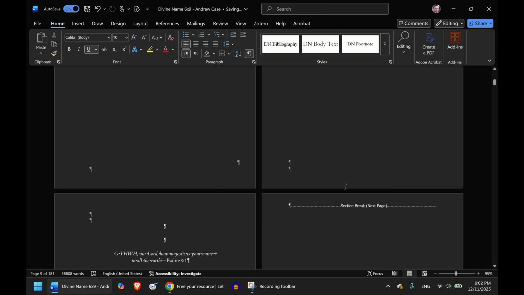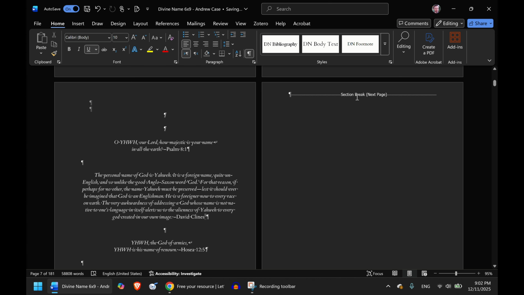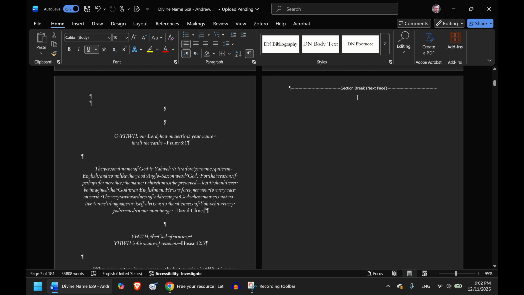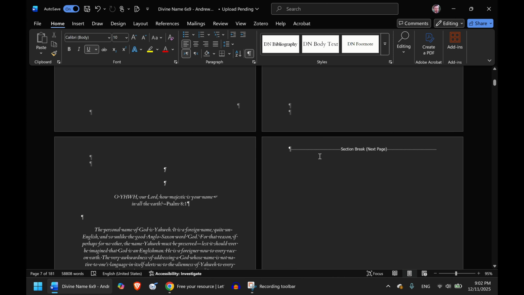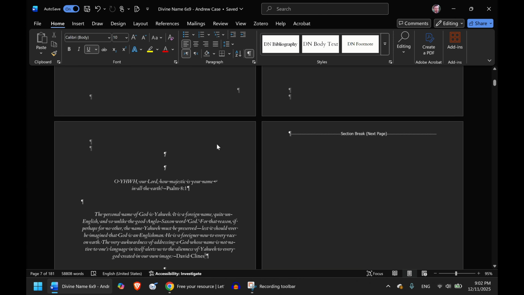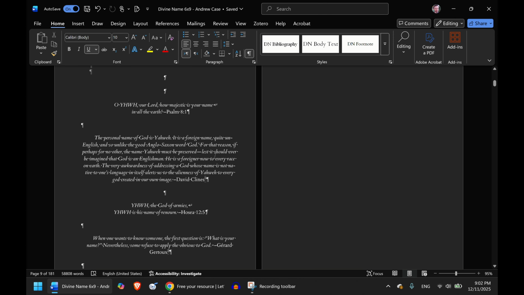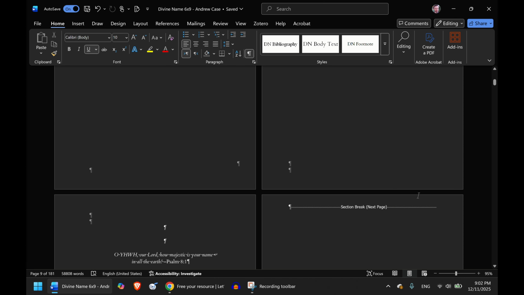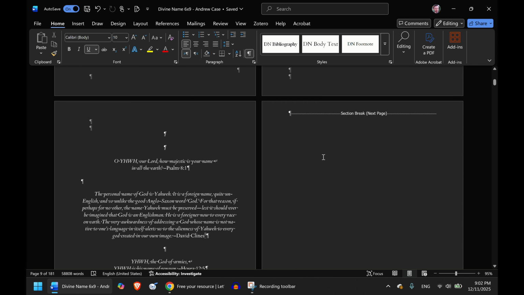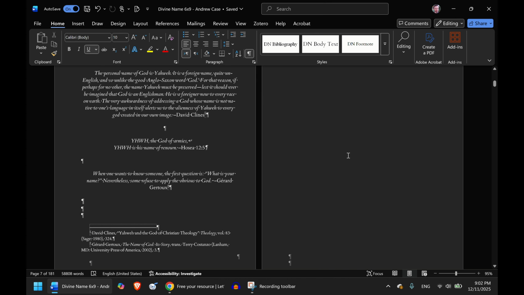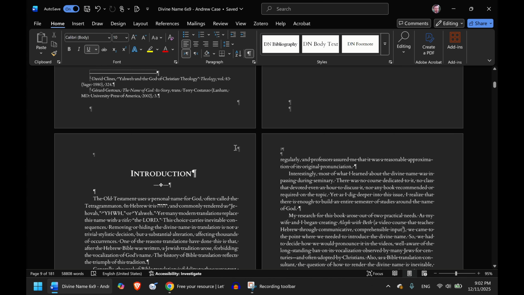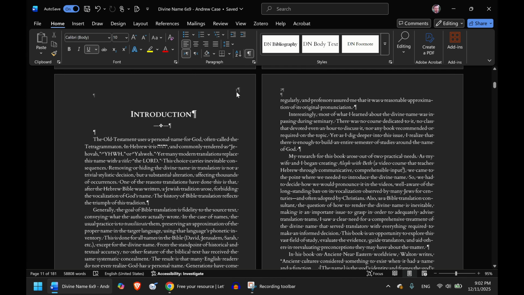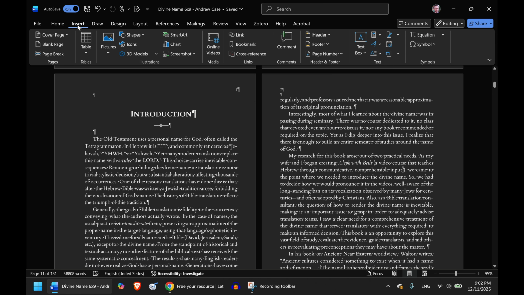All right. Here we have an important section break. This section break, you've noticed that before this section break, there are no page numbers. And that's how it typically is with the beginning of a book. So this is how you're able to control two different sections. This section with no page numbers, and then the section that follows is going to have page numbers starting with page 1. To get these page numbers, of course, you're going to go to Insert, and then you can find